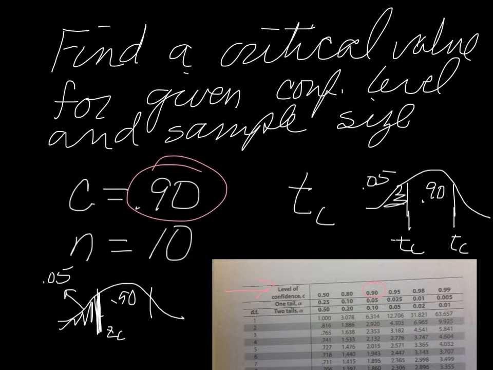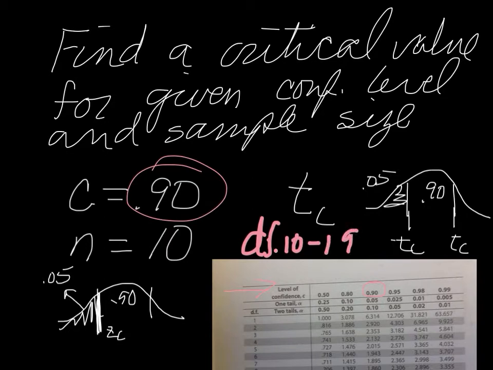If my level of confidence was different than that, 95 or 99, then I would look at those columns. The second thing we need to know is how many degrees of freedom we have. In this problem, our degrees of freedom are equal to the sample size minus 1,